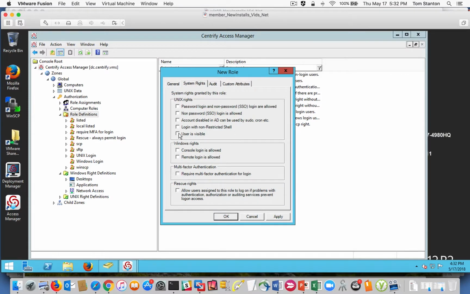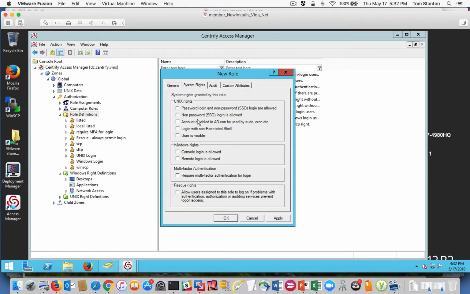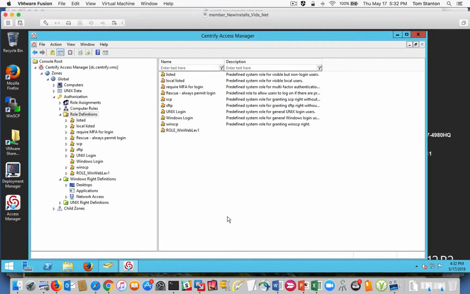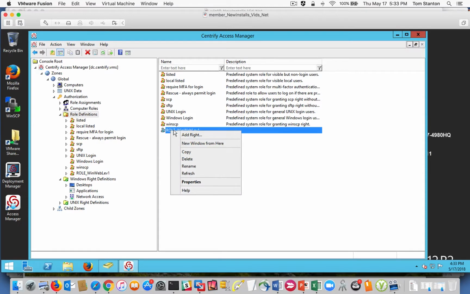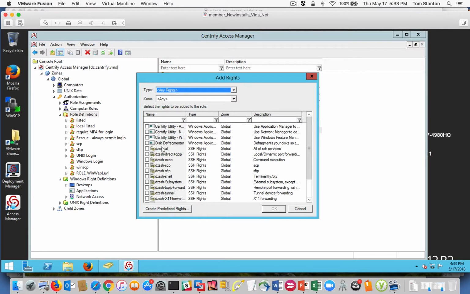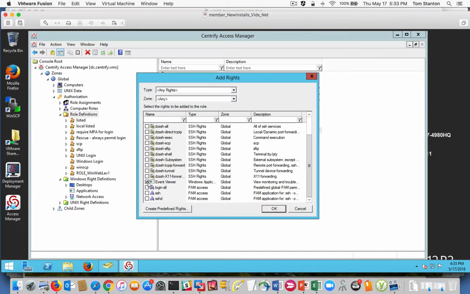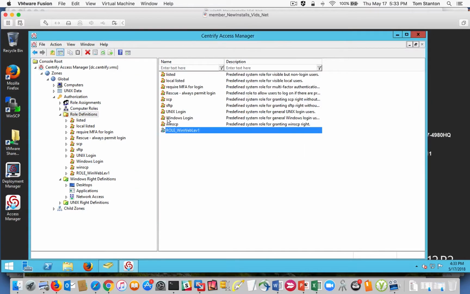This is nothing about Unix rights. I don't have to give them any Windows rights to log on because I've already given them the logon role. I'm going to stack these, basically. So we can just hit apply. So I have a new role, but I haven't assigned any rights to it. So I actually have to right-click on it and add the rights. And then I want to add DistiFragmenter and Event Viewer. So you define rights, define a role, put rights into a role, and now I have this role definition